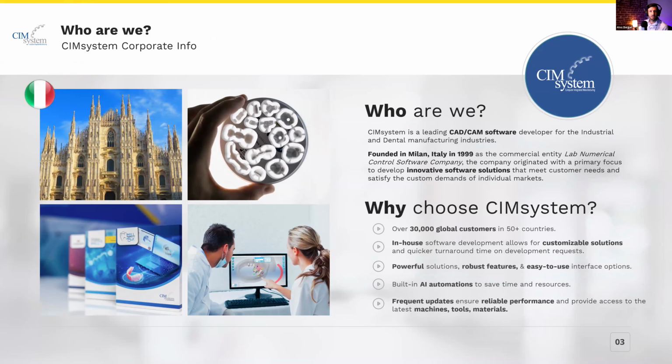Let me tell you a little bit about SimSystem, who we are, what we're about. We're a CAD/CAM software developer based out of Milan, Italy. We started in 1999, a long time ago. You can see the cathedral here in Milan. We have several different products. If you're familiar with our dental product Mailbox, which many people here might be, it's connected to all the same parts and everything. We have several other software solutions. We're an in-house software developing company, which is an advantage for us because we implement all of our own changes into the software ourselves, do our own development, so we can create products